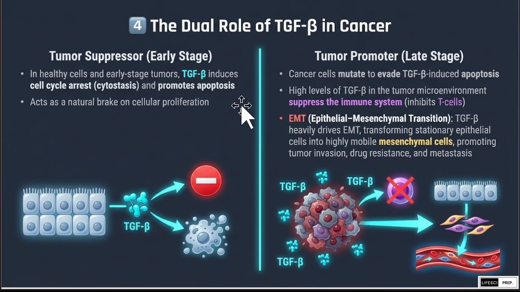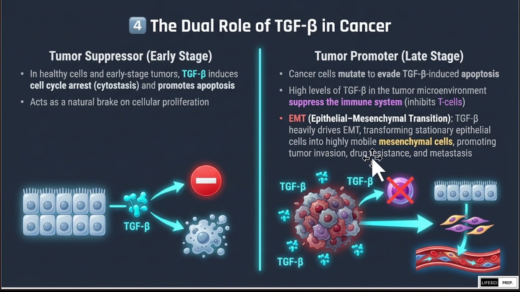Then let's talk about the dual role of TGF-beta in cancer. Here, the first, in the early stage, it acts as tumor suppressor. In healthy cell and early stage tumor, TGF-beta induces cell cycle arrest and promotes apoptosis to neutralize the cell concentrations and growth, acting as a natural brake on cellular